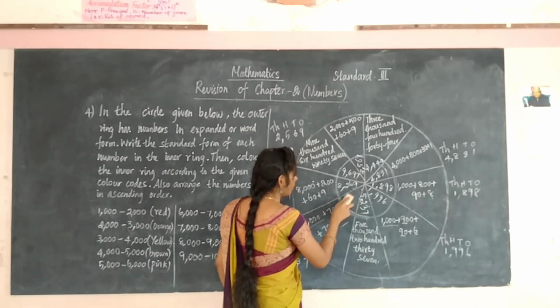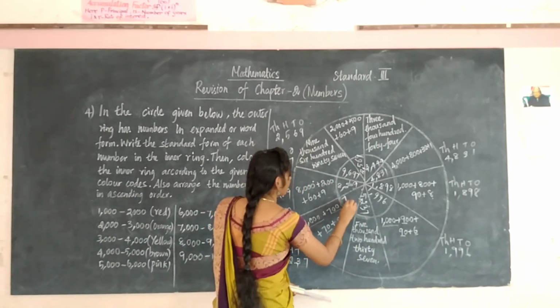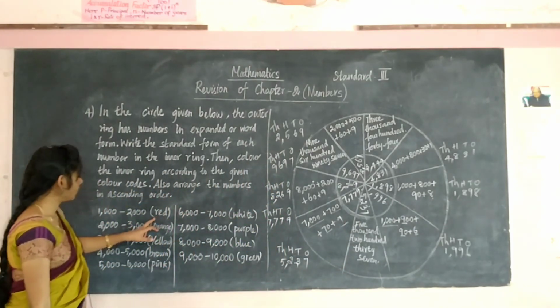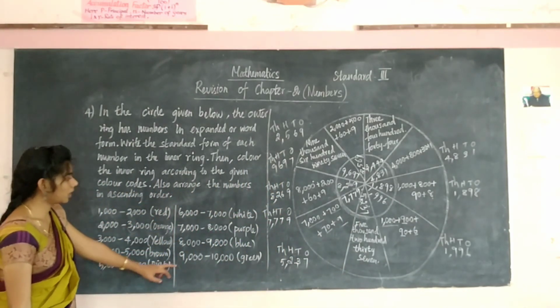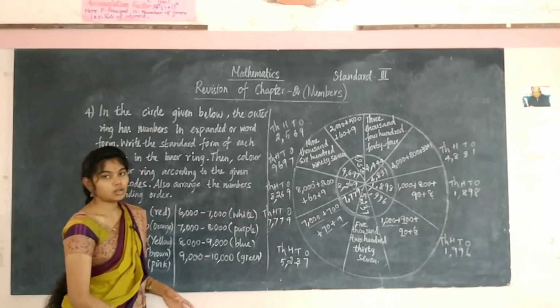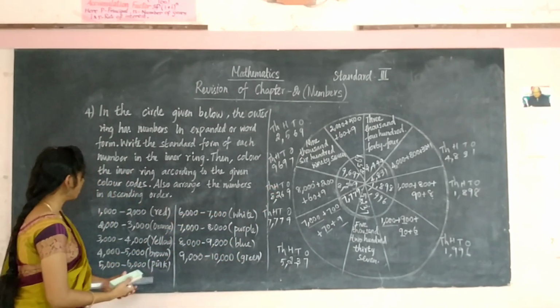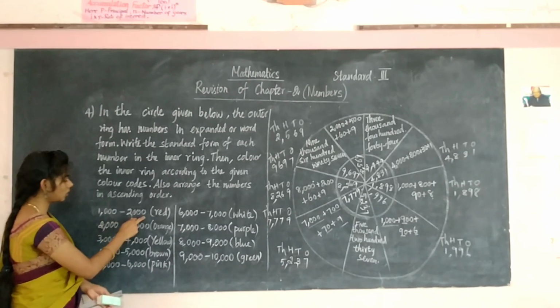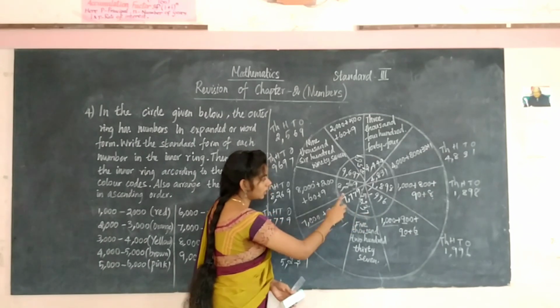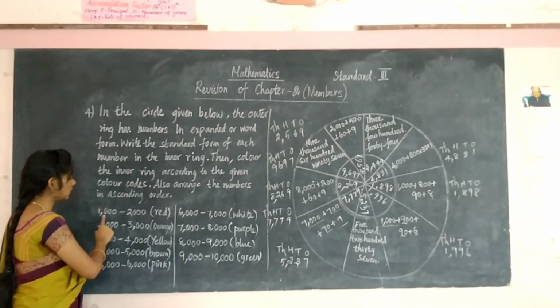Now what you have to do? Give the colors accordingly to what is given. 7,799. What are the colors given? Red, orange, yellow, brown, pink, white, purple, blue and green. Just color the inner circle according to the numbers. If the numbers you have found are between 1,000 and 2,000,